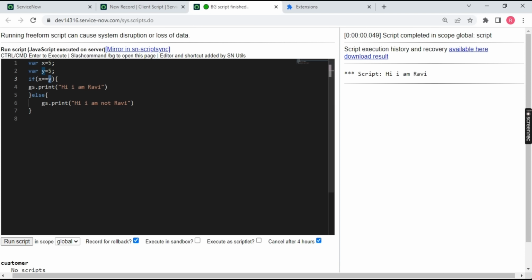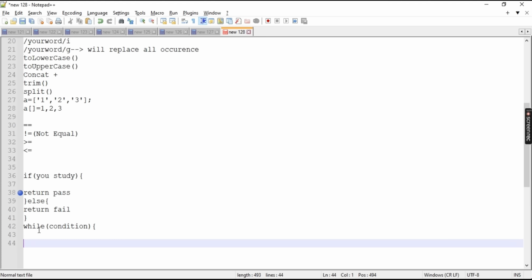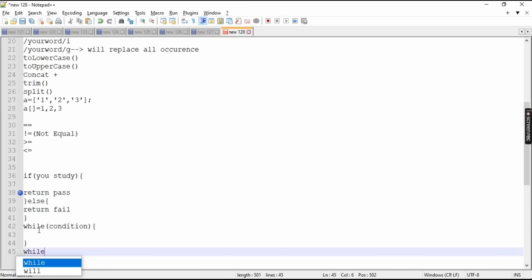And the last topic is your while operator. While condition, not operator. You will use while. While is similar to the conditional part. The only thing is that if the condition is true, then only it will execute and enter into it. For example, you can use it like this: while x double equal to 5,